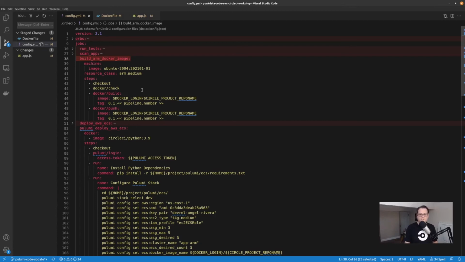So let's get started. I'm just going to quickly cover the main thing that you need to leverage an ARM executor, and it's just these quick keys here. The machine key tells the platform to give you an executor of machine type, which is a virtual machine. And then the resource class is where you define what kind of executor you want to use. In this case, we want to use ARM, so we would put the value of arm.medium or large or whatever capacity compute node you want. I'm just going to use medium here.